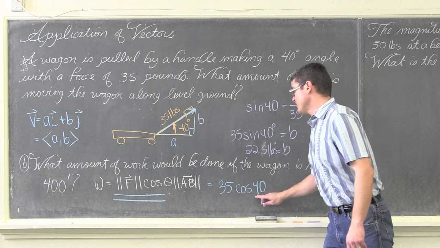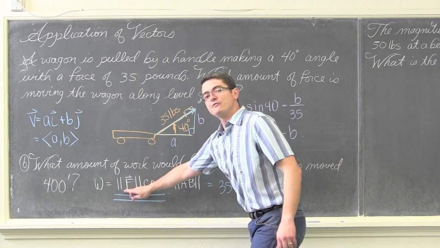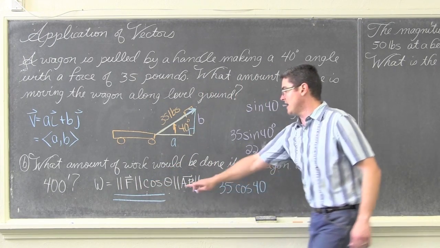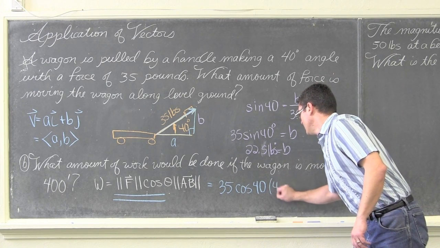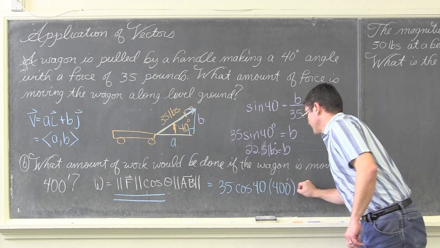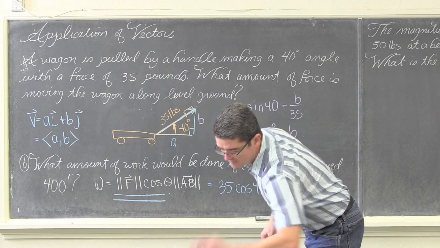So 35 times the cosine of 40, or the magnitude of force times the cosine of theta times the magnitude of AB. How far do you want to move it? We want to move that 400 feet. And that answer comes out to,